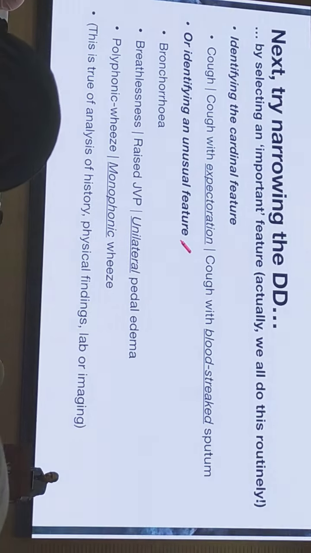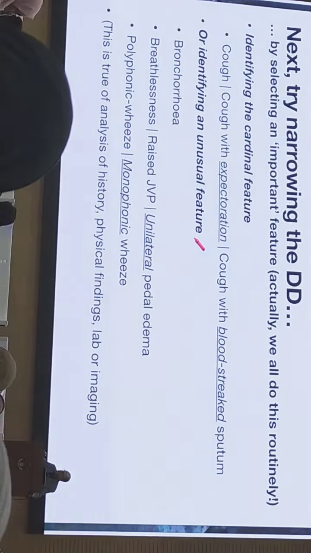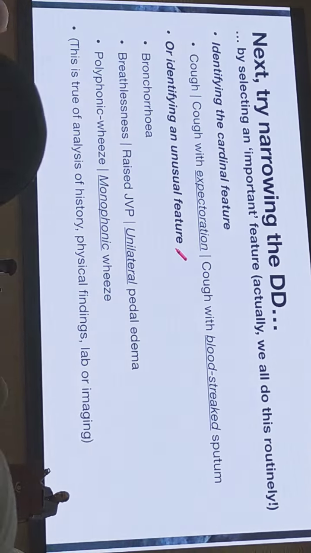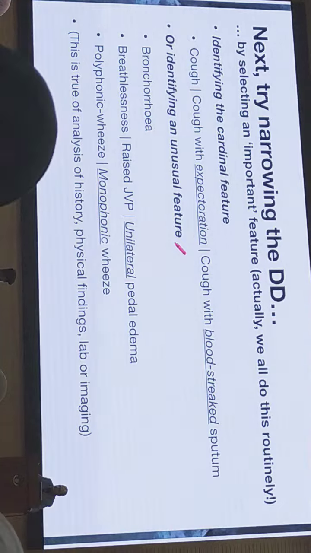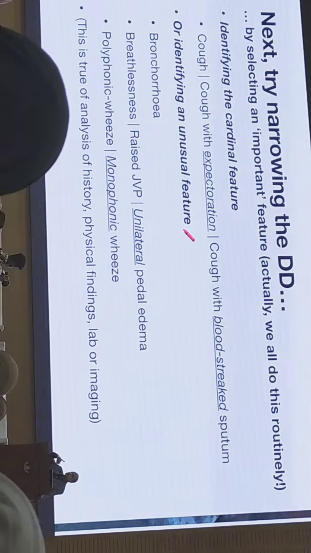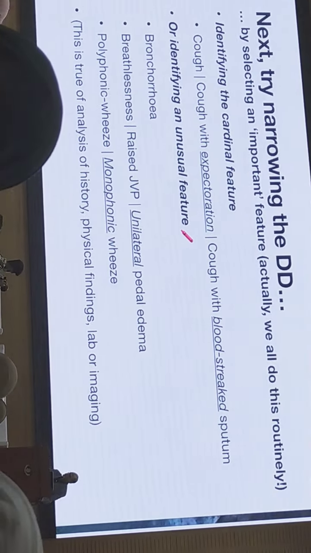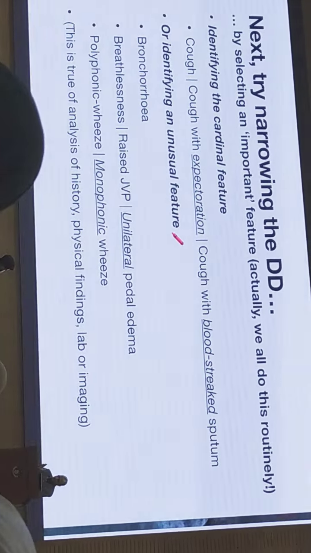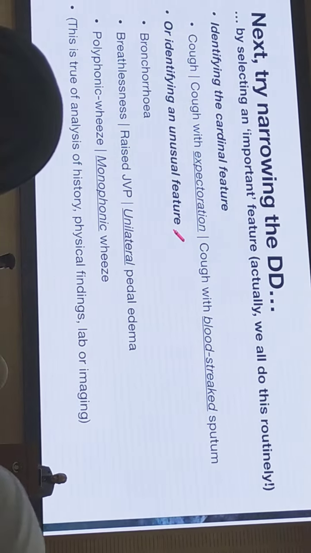If I take the differential diagnosis of cough, I'm going to come up literally with 250 causes of cough. That doesn't serve any purpose. But if I look at cough with expectoration, the problem is coming from the airways, because airways contain glands, that's where the expectoration is coming from. Let me look at airways. The differential diagnosis is narrowed down to 6 causes. If I look for blood-stained sputum, then the narrowing becomes further. Similarly, if a person comes with unilateral edema or with monophonic wheeze, which means that a single valve is getting obstructed, you are actually narrowing down the differential diagnosis to get to where you want to go. So basically, you are trying to select the most unusual